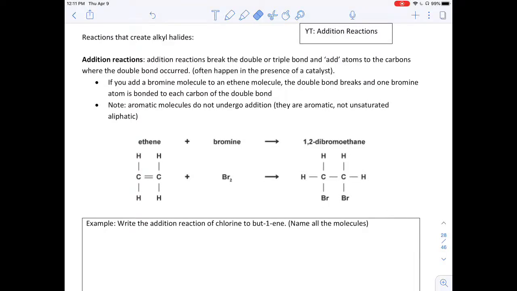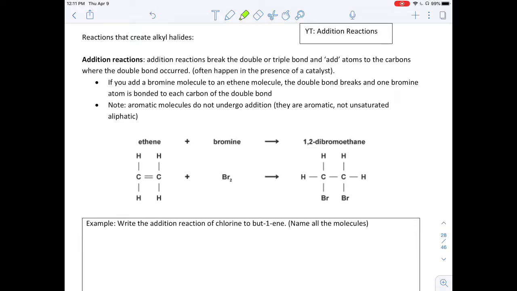In this video, we're going to look at addition reactions. Addition reactions are the first of the reactions that we're responsible for knowing. For organic reactions, we must know the reactants and be able to predict the products. So we need to know these reactions inside and out, and we see a number of those reactions